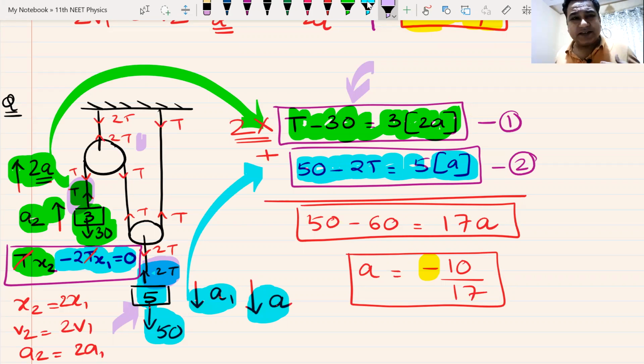We can say that acceleration is negative, that means the block is moving up. We can say that in this case, but in the coming classes, when friction comes, if you get a negative answer, you will have to repeat the entire question again, because with the direction of motion, the direction of friction also changes. So if it is a question of friction and you get a negative answer, you'll have to repeat the entire question again. Should not happen. Did you understand what we discussed in the class here?